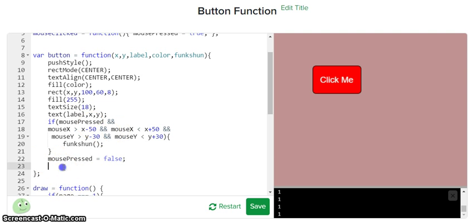I'll just put it down here at the bottom of the function, along with the mouse pressed there, and call it pop style, and that sets everything back again. So this is a handy way of preventing other things out here in your program from getting out of alignment,